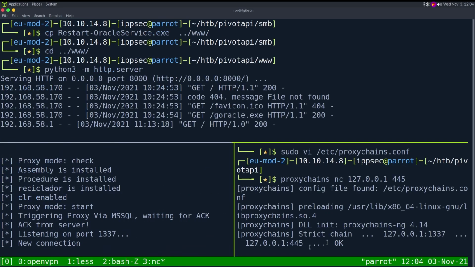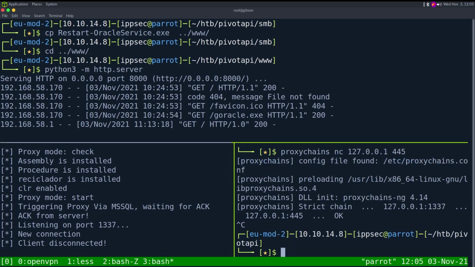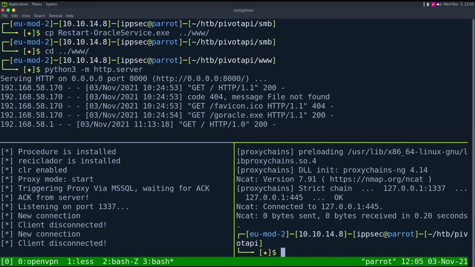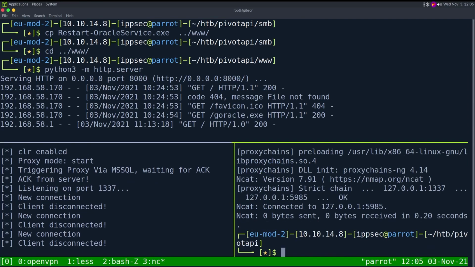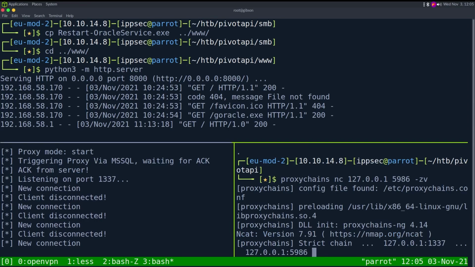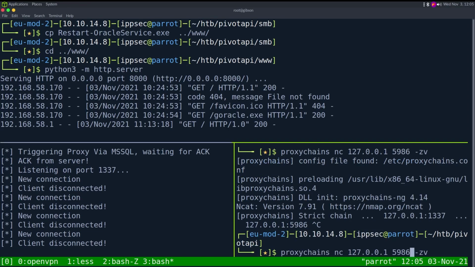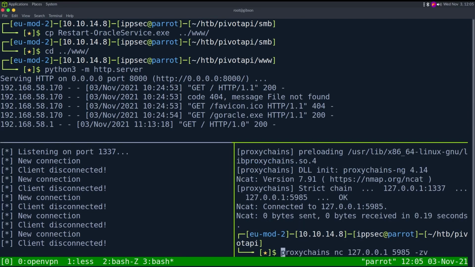Okay, we got a new connection, and we connected to this port. So we could do -zv, so this way it just connects and disconnects. And I can do 5985, and we can see we can now connect to port 5985. It connects and stops if we don't do proxychains and specify the IP of